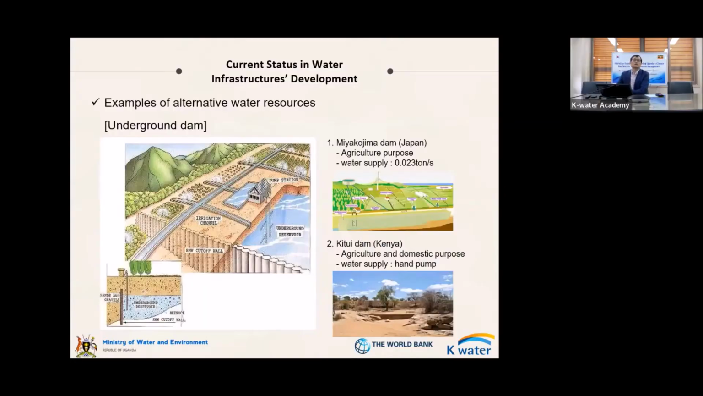And this course is about planning and designing of water resources infra and dam. So to enhance your understanding about alternative water resources, I will show you some of the examples. The most important thing is that